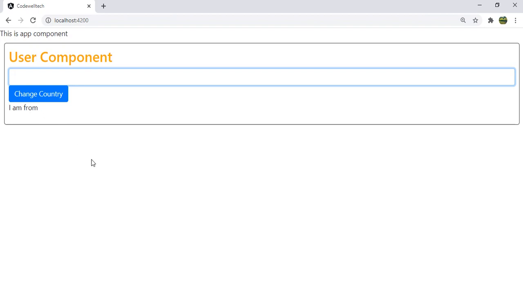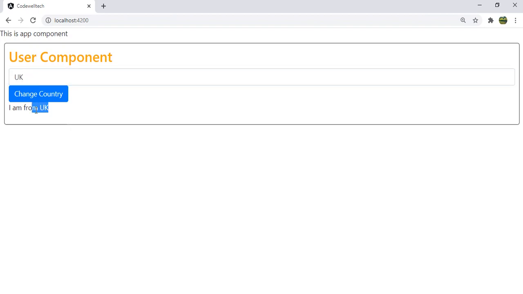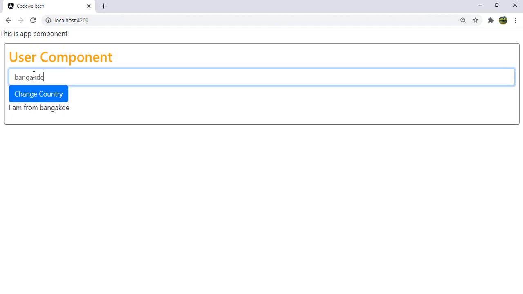See, nothing is there. Now you can see that I am from UK. I change the value of the text box, and at the same time the country name in this paragraph also changed. So I am from UK. If I start typing anything, okay, Bangladesh, you can see it is still changing. Now let's say we don't have anything. Let's say I keep it India. When I click on change country, you can see that I am from USA and here also USA changed. Now let me change it to US and click on change country again. Now you can see that it always changes.